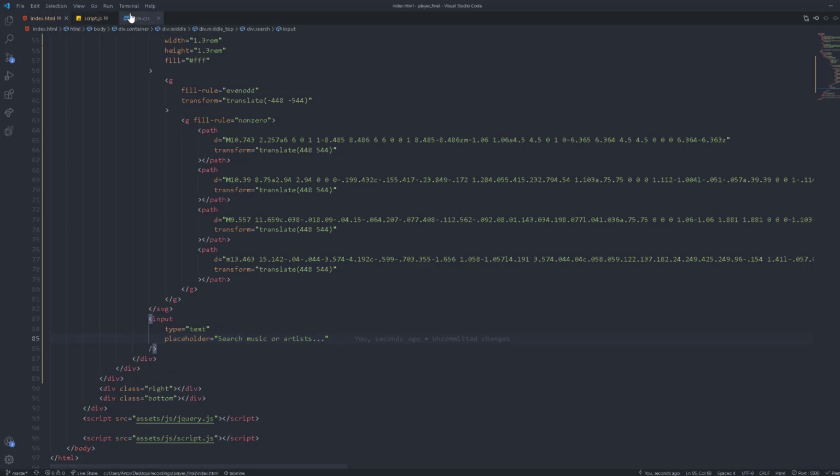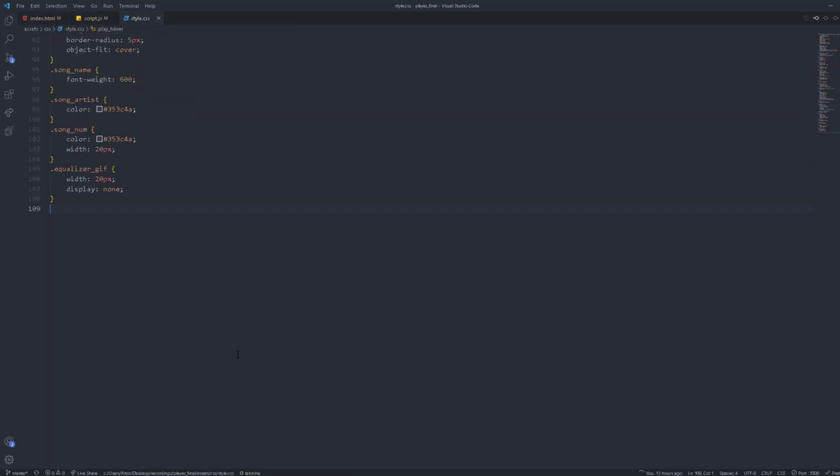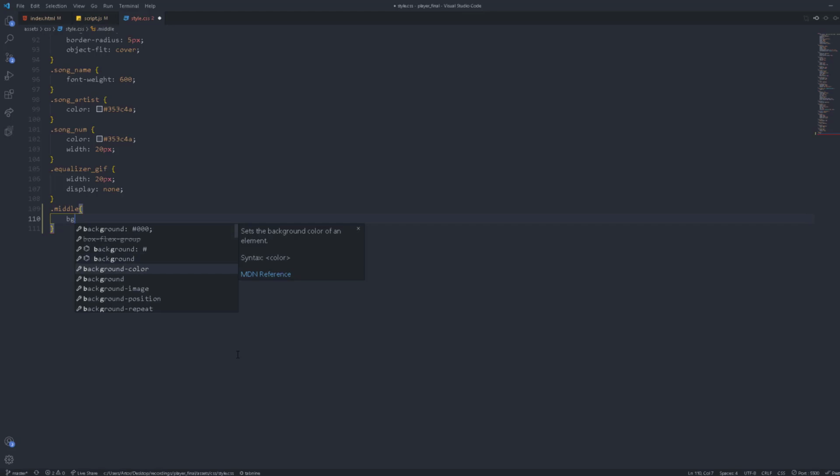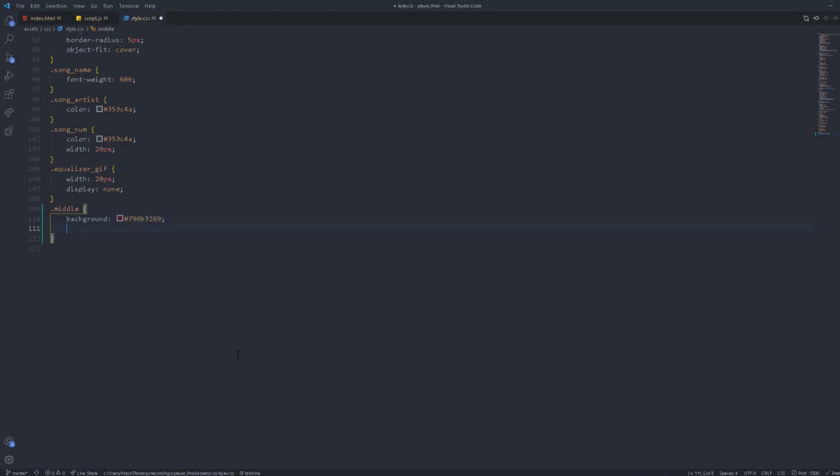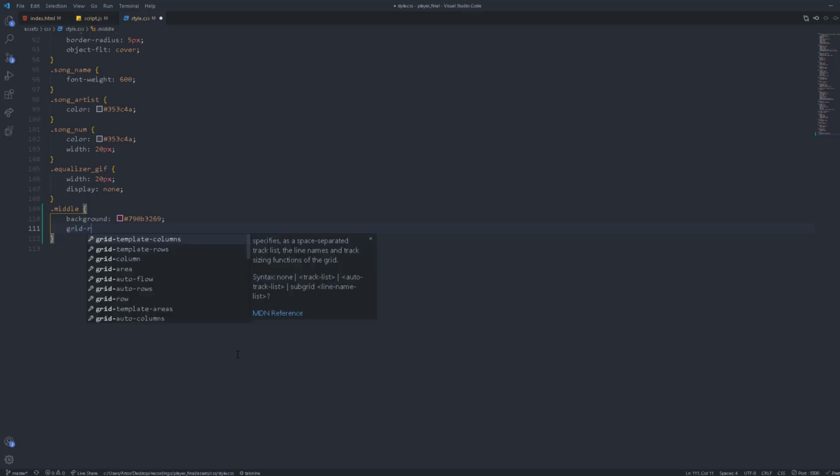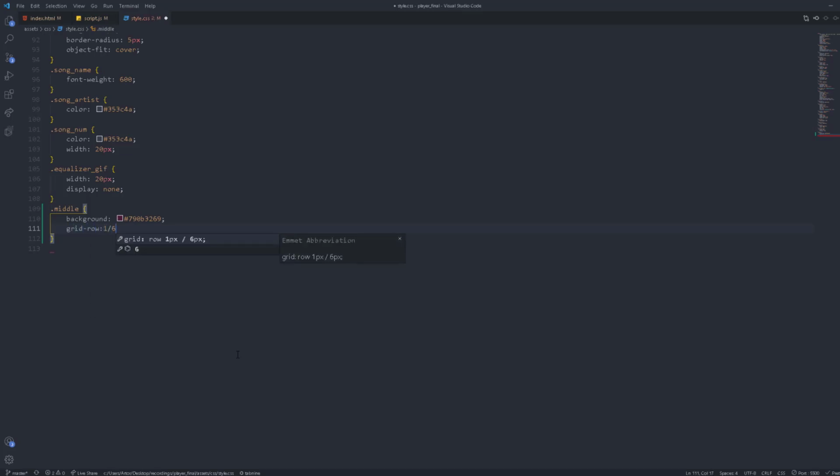And let's go now to the style.css and let's work on this. We're going to start with the middle itself, and we're going to have a background. The background is going to be 790B3269. And we're going to go to the grid row. It's going to make it the same as the left. After that we're going to go to the middle top,